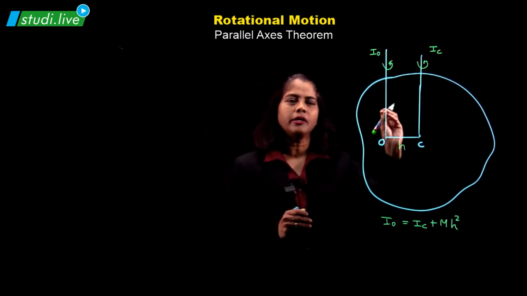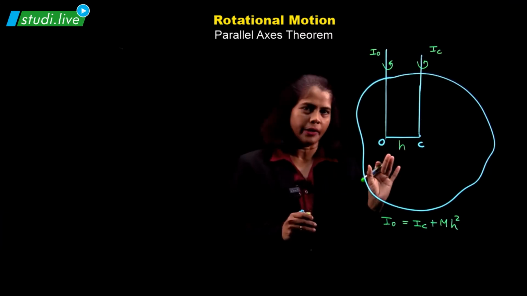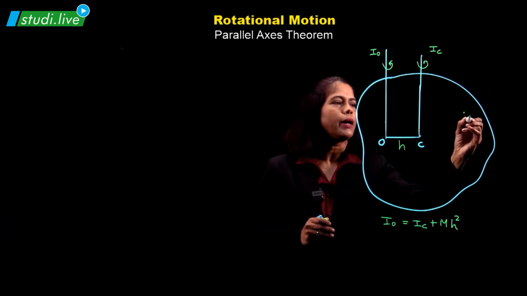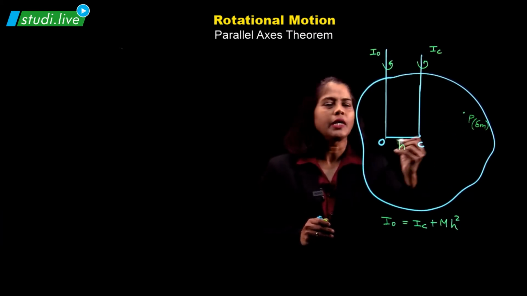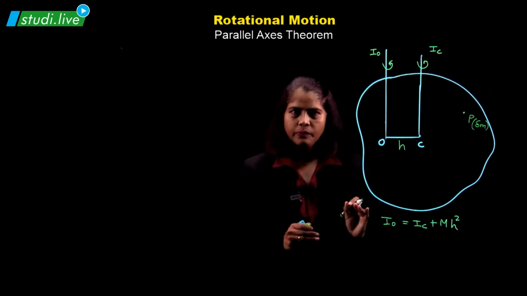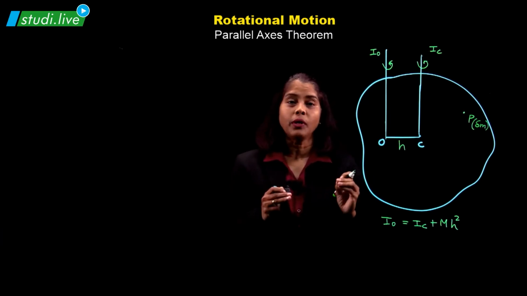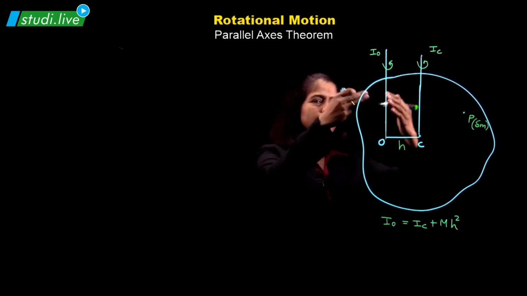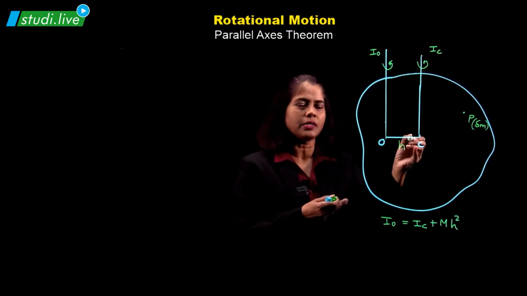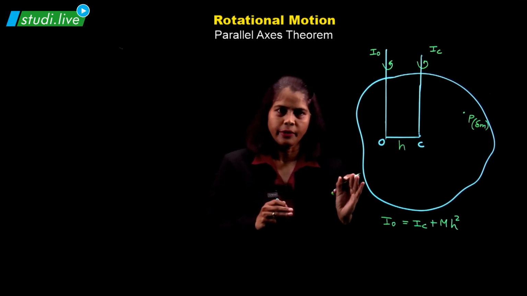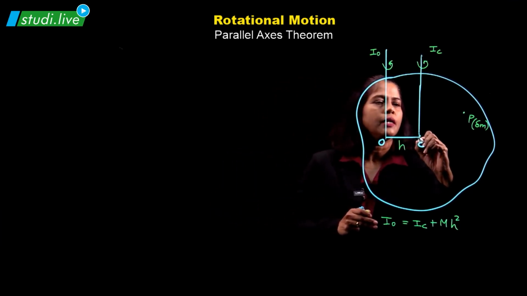So, let us consider first a small particle here. Okay. Now, let me say that this is the small particle P of mass delta m. That is a small mass we have considered. Okay. Now, what are we going to do? We are going to draw a perpendicular distance. Can you imagine, students, this is a part and this is the perpendicular distance. So, this is the axis. So, any distance will be always perpendicular, which we draw it here. So, I am going to draw it like this.